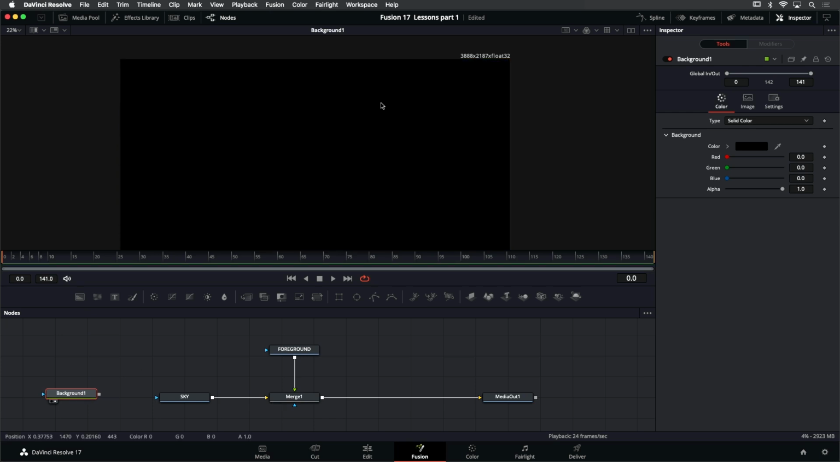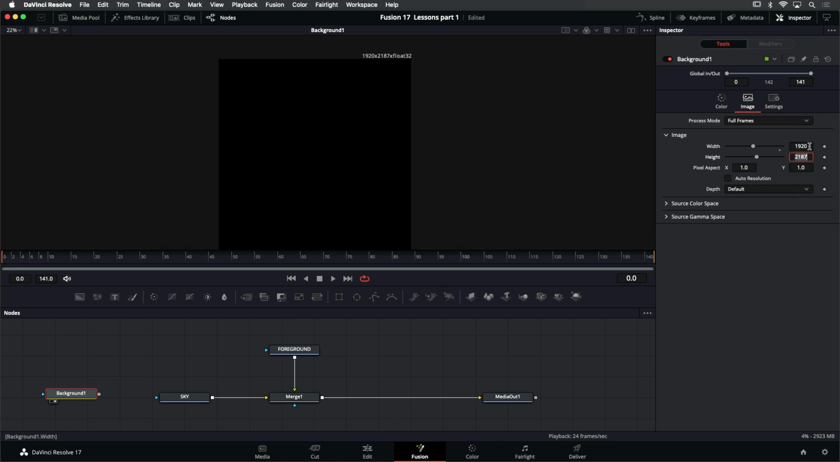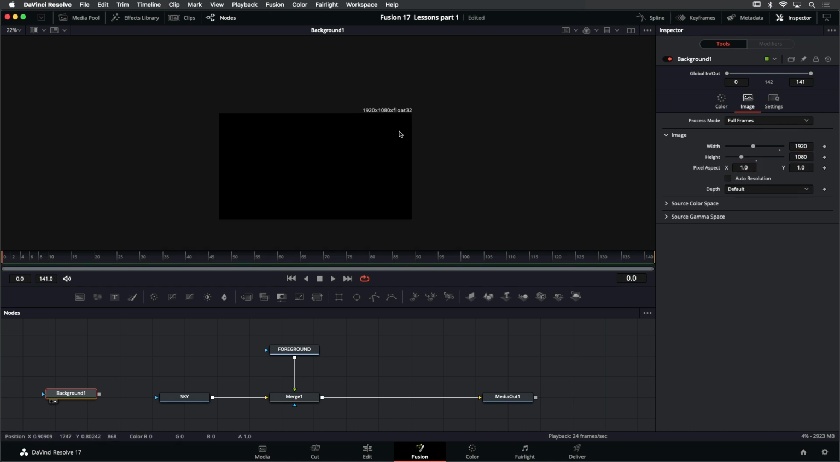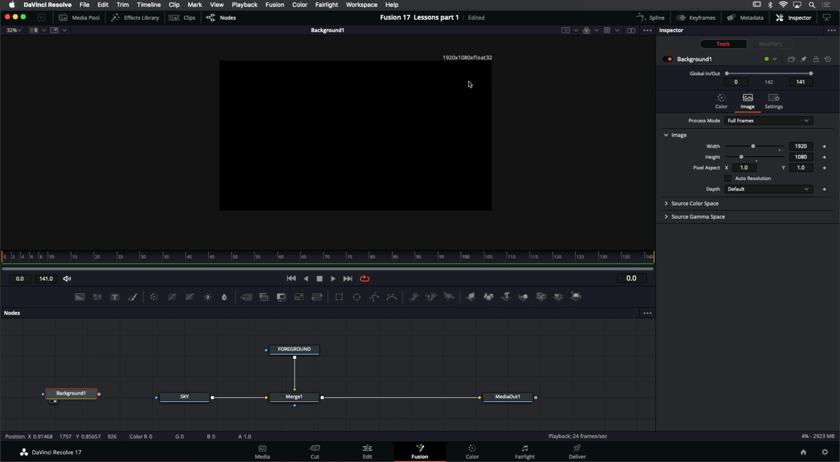And I'm going to view that. Currently, this background node matches the resolution of the composition, which is 3,800 pixels wide. If I want to modify this, I can do that in my inspector by clicking Image. Then I can see I have my resolution here, 3,800 by 2,100 roughly. If I want to override that, I have to deselect Auto Resolution, and then I can type in the resolution that I want. You can see now I have a canvas that's 1920 by 1080,